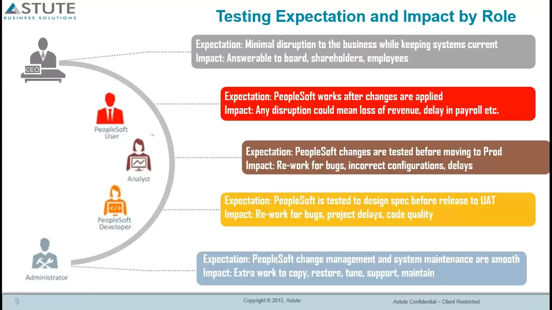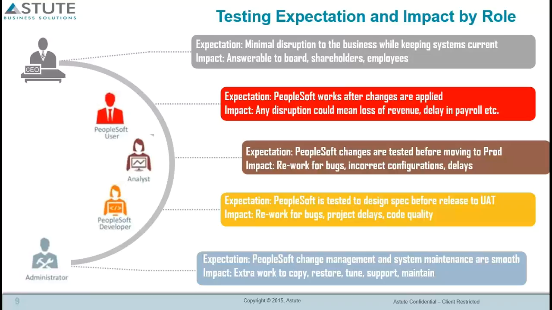Now, if you're an analyst, you are in between, you're straddling the gap between business users and the IT team, and that's a very vital function. You are in charge of ensuring that whatever passes through as a change from development or test into production is thoroughly tested and vetted before it goes live. And you are in fact, in many ways responsible for making sure that there's minimal disruption, no delays, less rework, and so on. So that expectation has to be met.